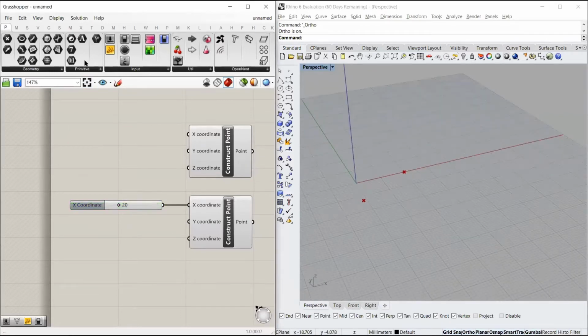Similarly, when by default we choose a number slider, it gives a 0 to 1 domain. But if you double click and this dialog box appears, which is the command box, as soon as we start typing a number, by default it converts it into a number slider. For example, if I write 10 and press enter, it makes a number slider with 10 as the end and 0 as the minimum value, starting from 10.